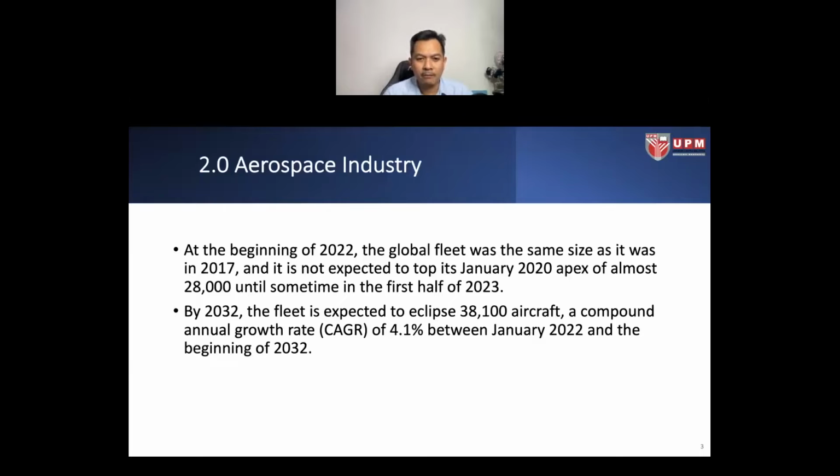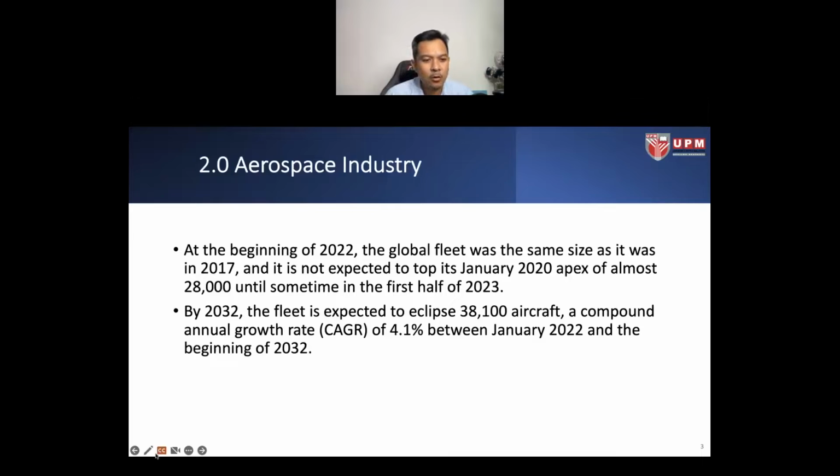Now the travel restrictions have eased for many of the countries in the world. Of course, there are certain countries that still impose strict travel restrictions, especially China, which had a major outbreak recently, and people from Taiwan, for example, still have difficulties gaining visas to travel to some parts of the world. Because of the different modes of handling COVID-19, we can see here at the beginning of 2022,